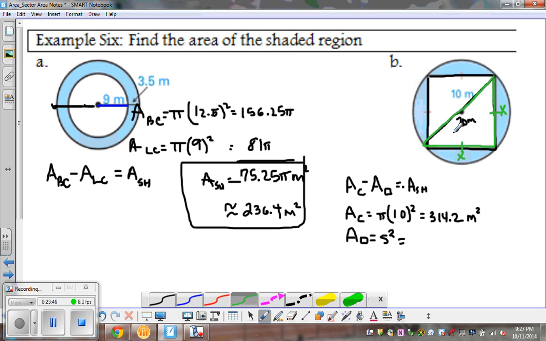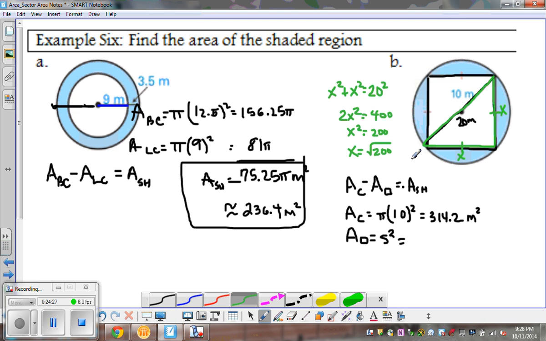So I can still use the Pythagorean theorem here because I know my sides are congruent. If I want to say a squared plus b squared equals c squared, this is going to help me find what my side lengths are going to be. So x squared plus x squared, both x squared, combine to 2x squared equals 20 squared, which is 400. If I divide by 2, that gives me x squared equals 200. Take the square root, so I get x equals the square root